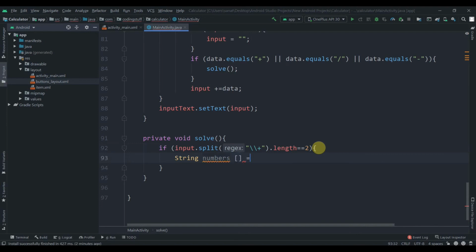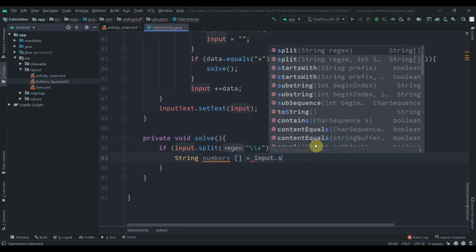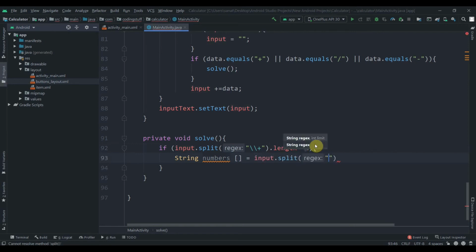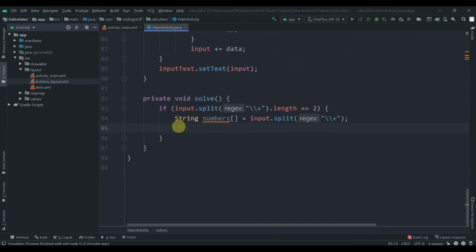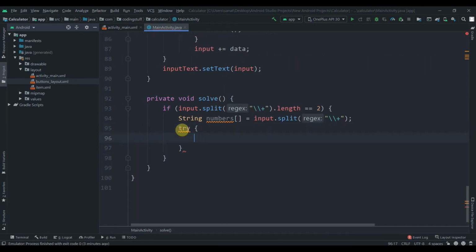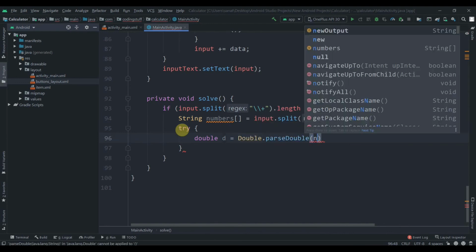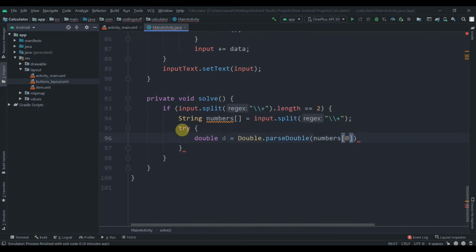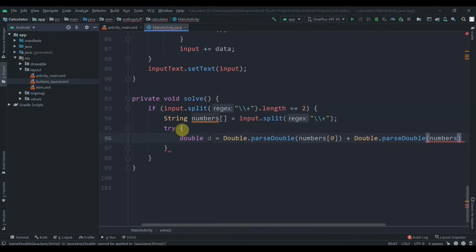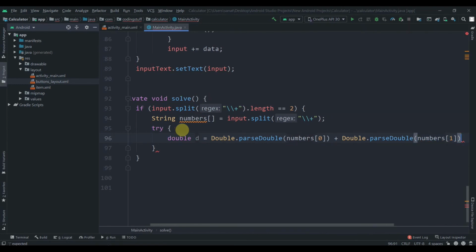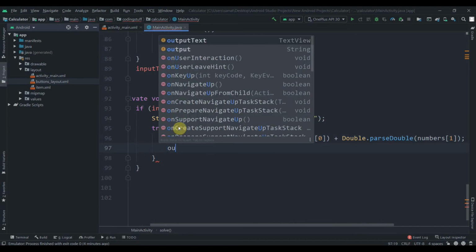This will be equal to input dot split, and we'll pass here this plus symbol. So we'll write here try, and we'll create one double variable. So double d equals to double dot parse double, and we'll pass here numbers at index 0 plus double dot parse double numbers at position 1,